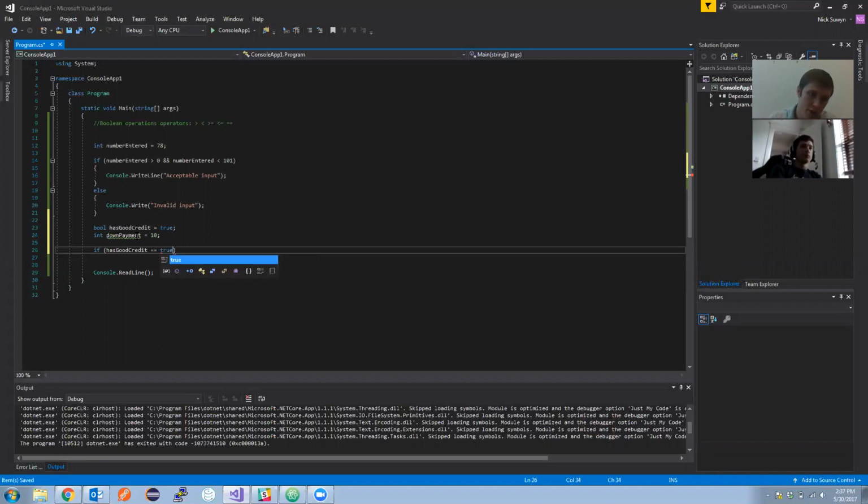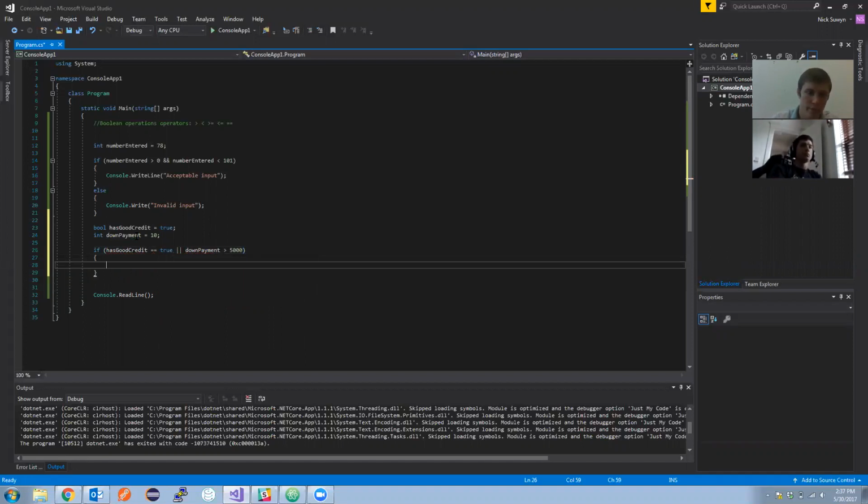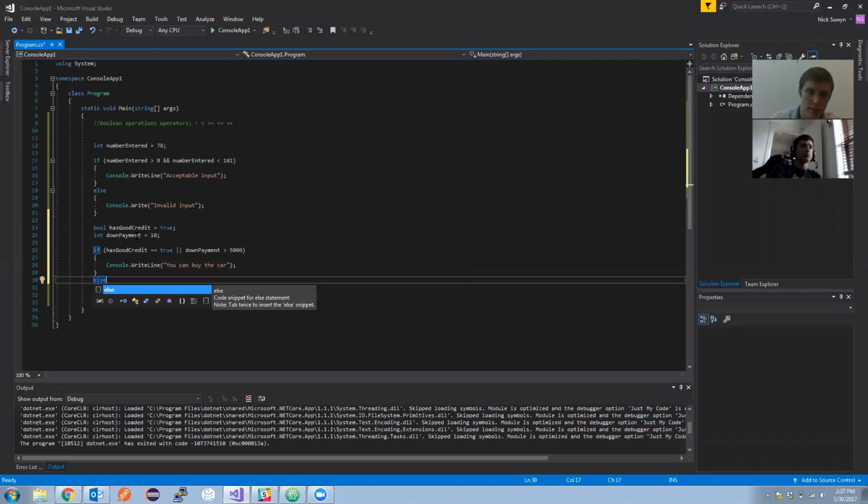So if has good credit equals true, or down payment is greater than 5,000, then we'll go ahead and say and buy the car. Else